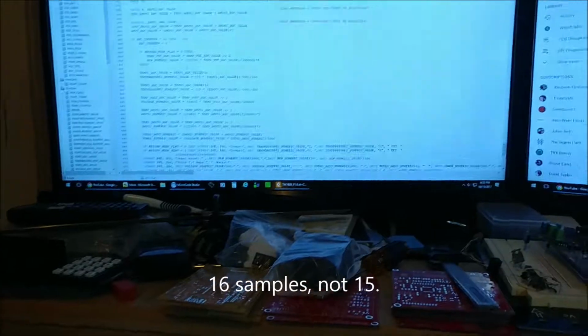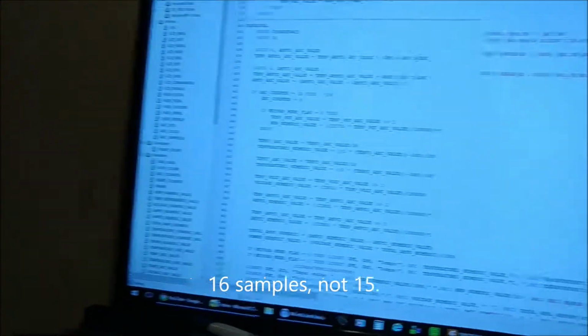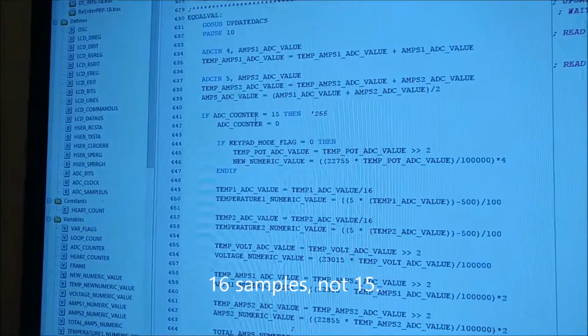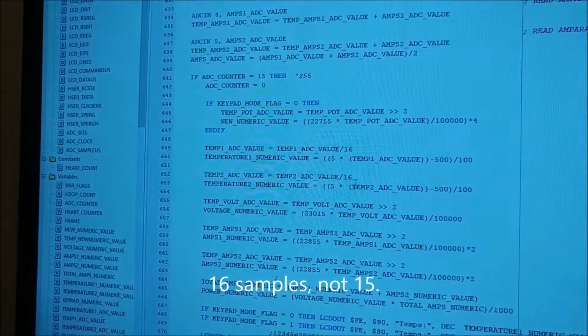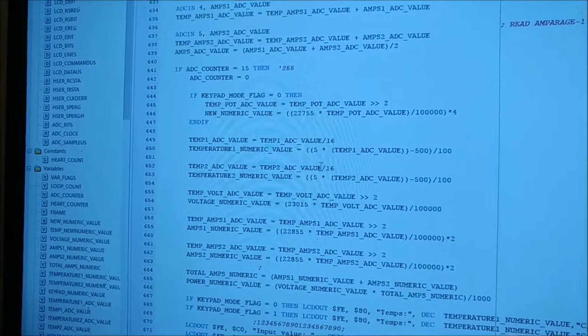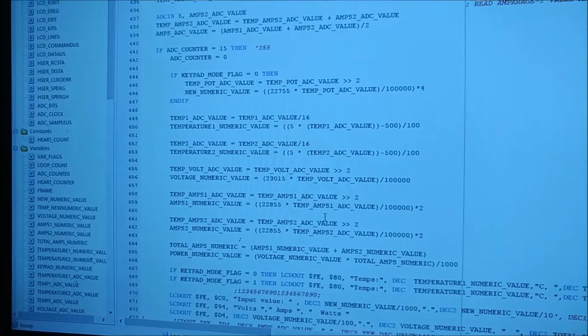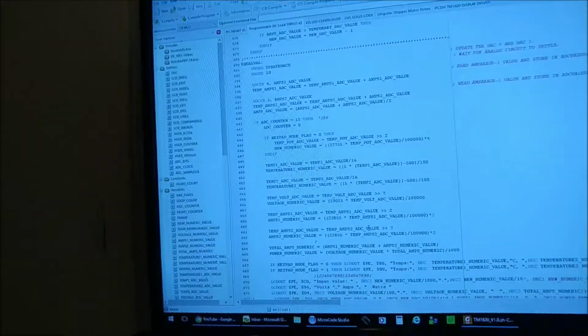So what I do is I get 15 samples right here, and I add all these 15 samples, and then I divide it by 16, and then I do some manipulation with math, and I get to my values. I believe this is called